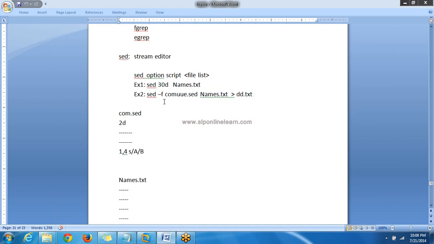If you want to suppress the default output, or if you want to hide the default output, we have another option. Anyway, these two are the general options. -e is the default option that we can use inline. For a file, -f is the option. Okay,